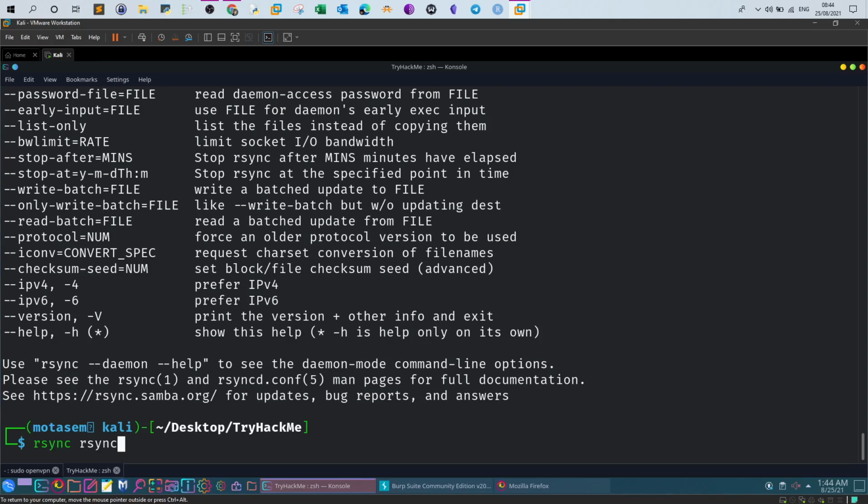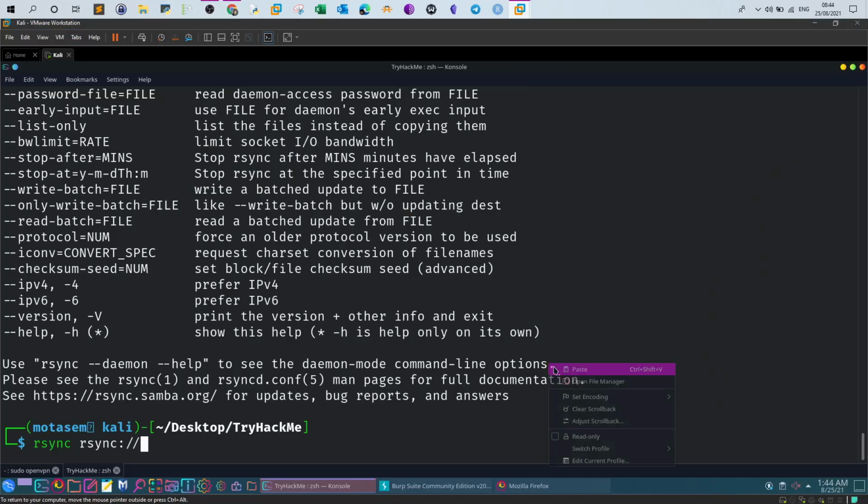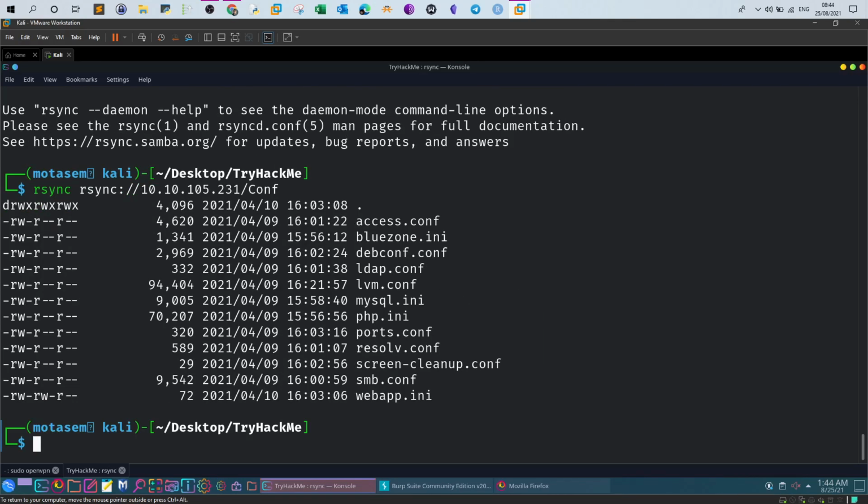rsync. Then we define the address, /conf. See if this works. Okay. So we get a list of the files now. So see, we have access, bluezone, debconf, ldap, lvm, mysql, php, ports, resolve, smb, web. So files of interest could be the mysql ENI